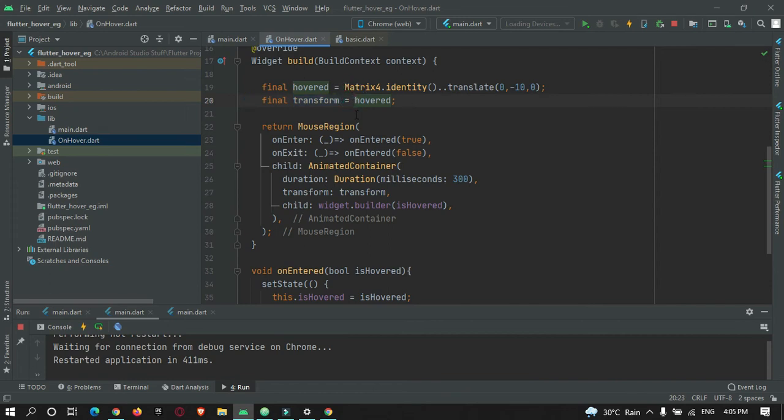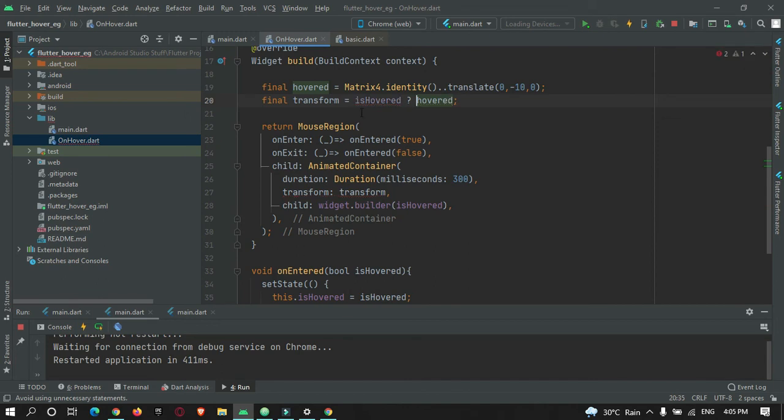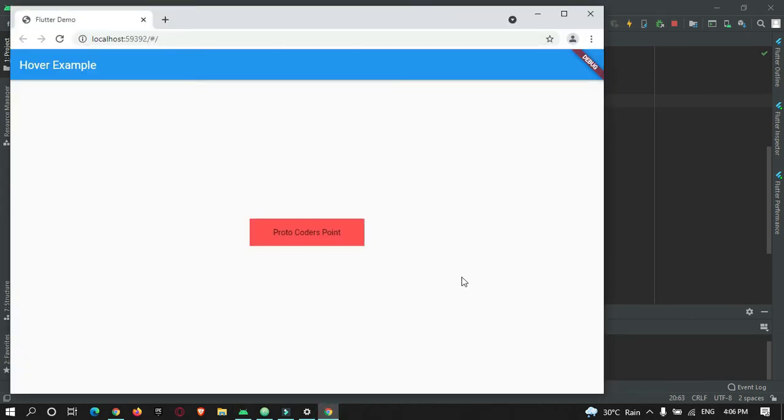Here is hovered. Then do this hovering effect. Else matrix identity. Okay, so now let's restart. So and let's check if it is working. So you can see there is an animation effect when I hover the mouse.